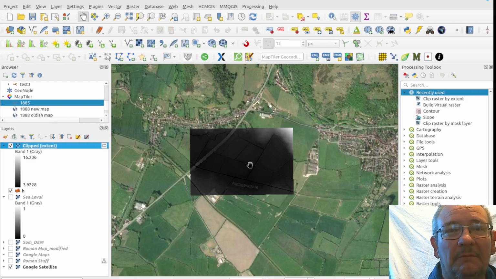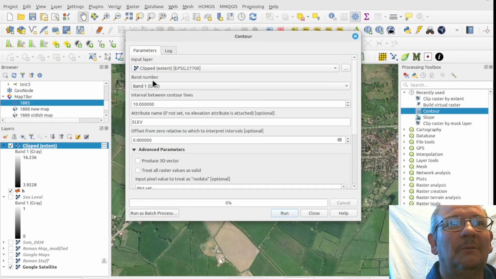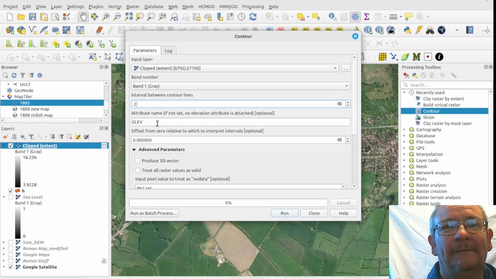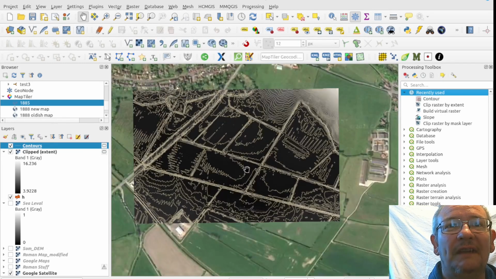So we've now got that clip, because if you run the DEM with contours, it could crash the computer. We don't want to crash the computer. So we want to go with contours. Right, so you want the input layer. Yeah, it says clipped. You have to choose it. So you've got the drop down thing. You've got to choose that clip layer, which is over here. And we'll put 0.2. We're putting a lot of contours. 0.2. And click run. Oh, that went through pretty quick. Close. So we've now got contour layers,